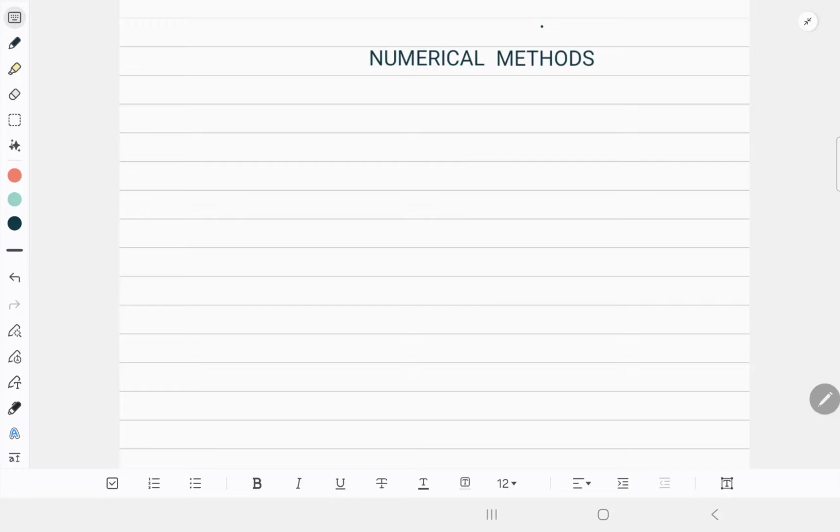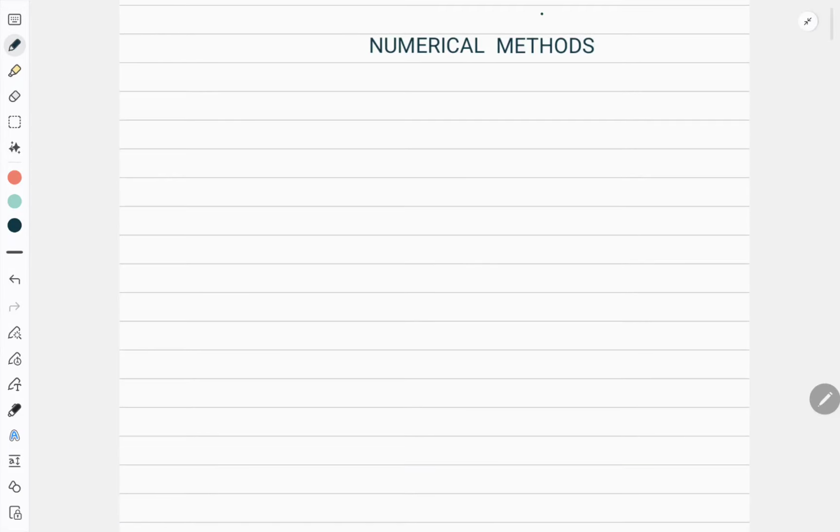Now in numerical methods you have n number of things, but we will start with the solution of equations. There are various methods for that, and our main focus will be on two methods, Regula-Falsi and Newton-Raphson. In this particular video, I am going to discuss the Newton-Raphson. Before starting, first you need to understand what exactly we are planning to do. What is our target? They are giving us an equation f(x) = 0, and you have to find the positive root for this which is nearer to 0.